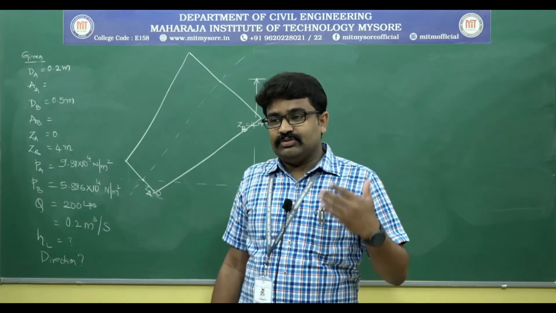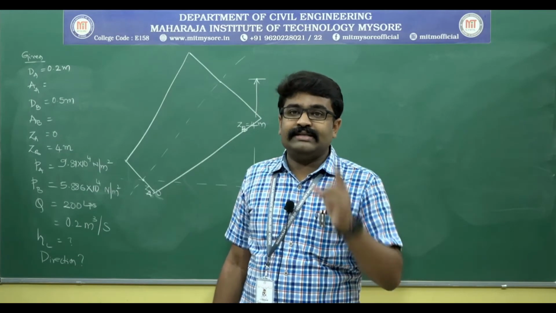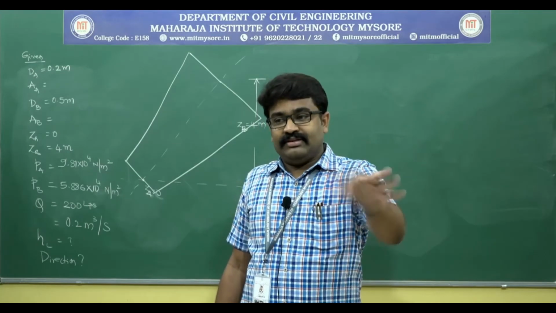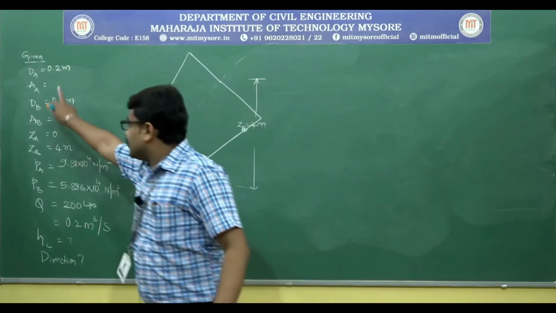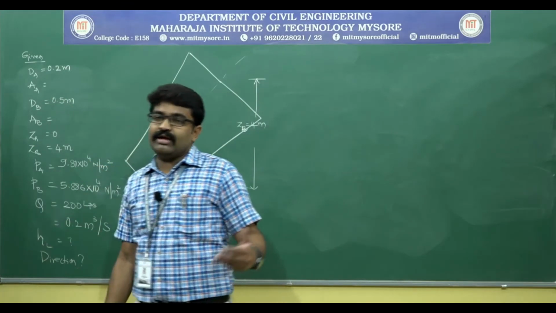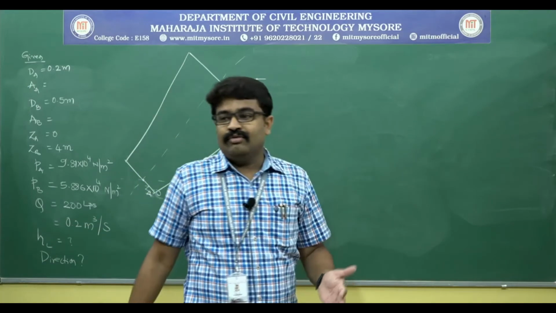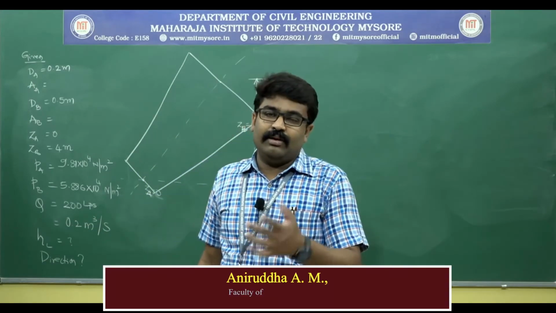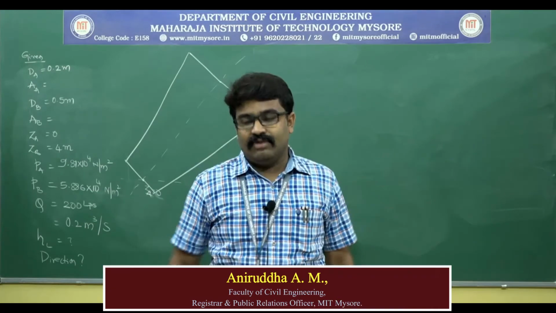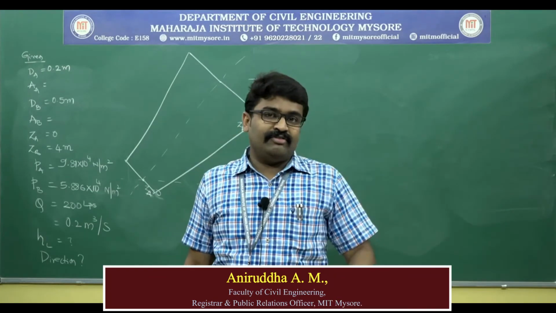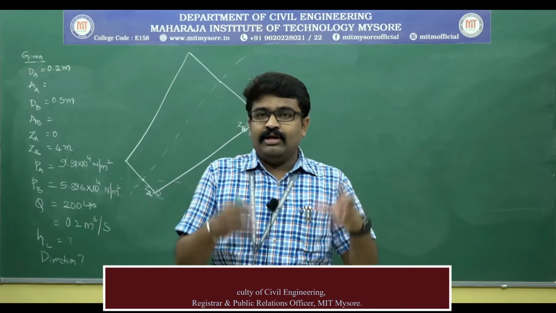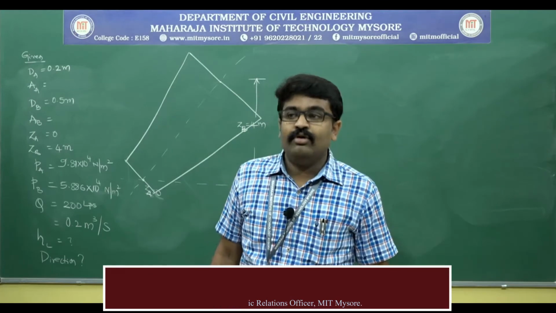In all those terms, only HL is unknown, everything else is known. If you calculate the area at section A and section B, since discharge is given, you can easily calculate V1 and V2. The rest of the things are given in the problem. The only unknown in the entire equation will be HL. So the first part of the problem is solved, and if you calculate the total energy at A and B, you will get to know the direction of flow.